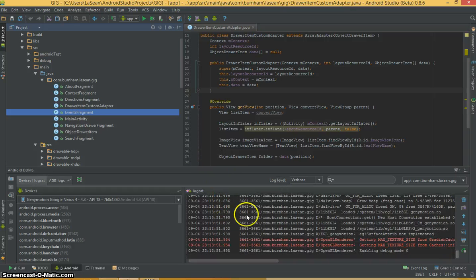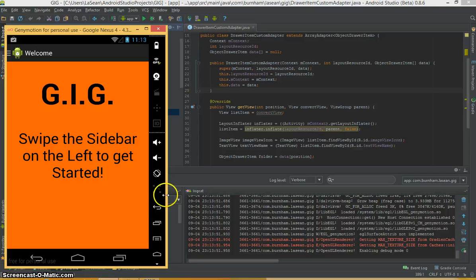Then it loads up on there. You see there's a little log where all the information is. And if I click over to my emulator, my app is up. And so here we go. Select the slide bar on the left to get started. And so I'll just go ahead and